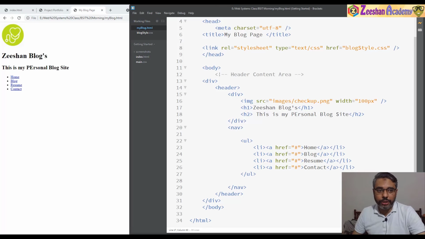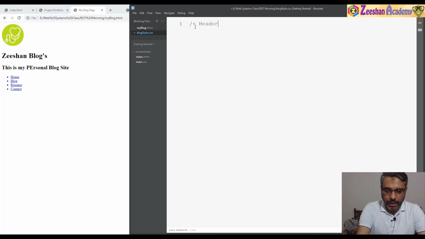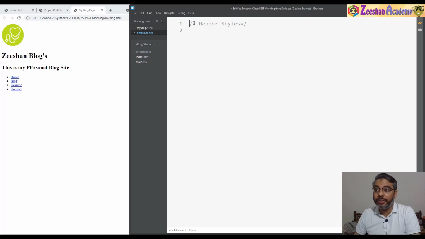Now what we need to do is go into the style. So we go back into blog style and give it some style aspects. One thing we do is, I like to sometimes have a comment. So slash, this can be my header, header styles. In CSS, in order to give comments, we use slash star and star slash. This is more familiar to JavaScript or Java if you're coming from there. Comments are again something nice that allow you to tell what exactly you are trying to do. So once we come into header, I use header because remember we have already used a header tag,